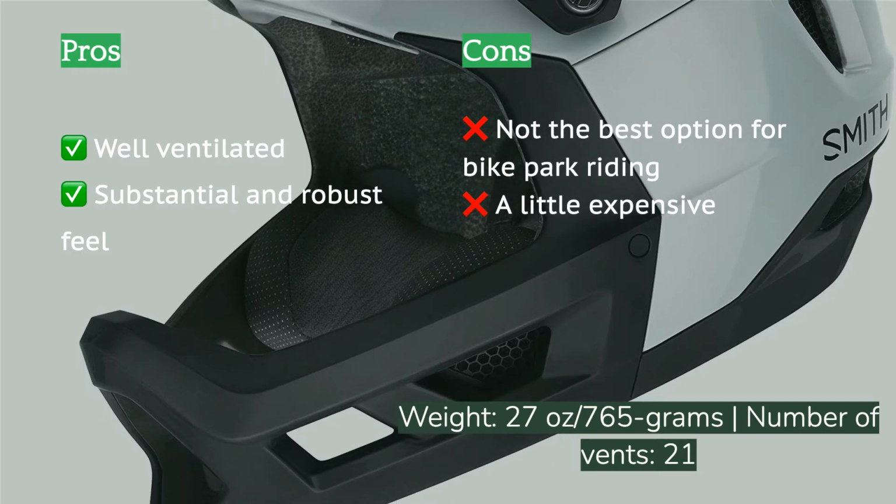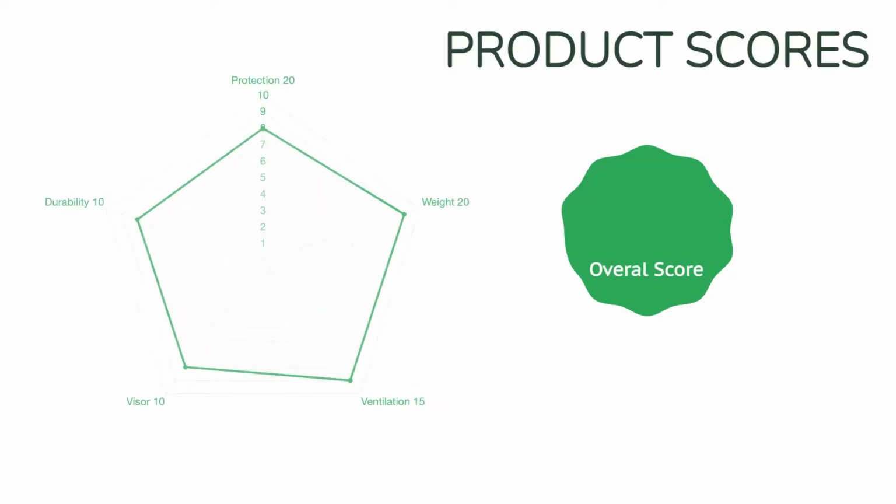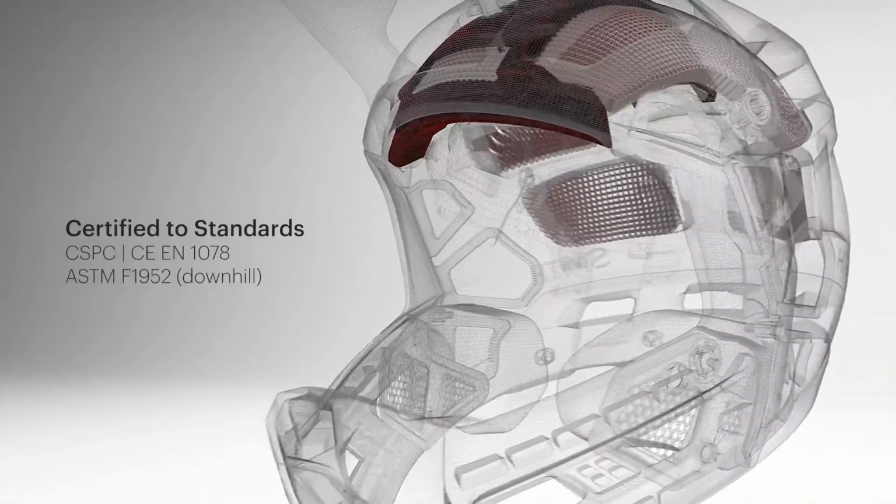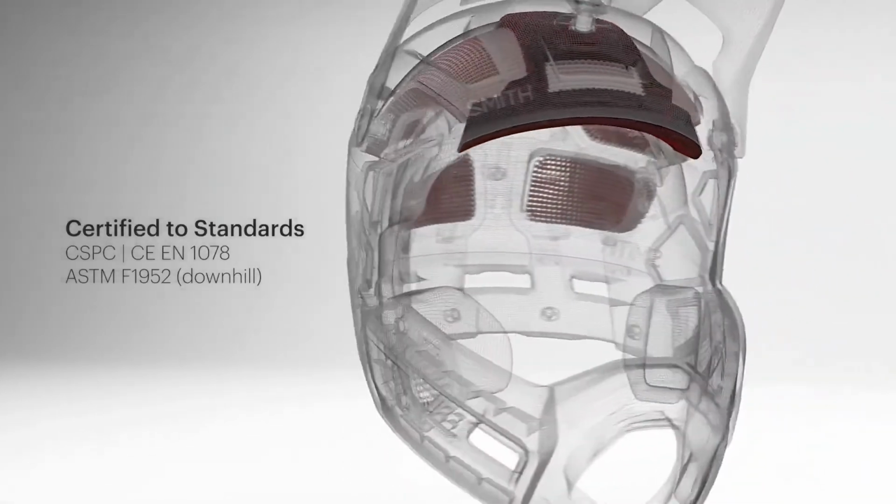This airflow is critical when smashing on the pedals in the middle of an enduro stage or grinding up that pesky climb in the middle of your shuttle lap. The Mainline carries a downhill certification, and it felt more robust than some of the other helmets in the enduro subcategory. Yes, there are lighter options, but we feel the Mainline is an ideal blend of weight, ventilation, comfort, and